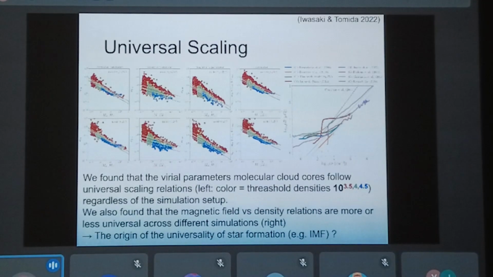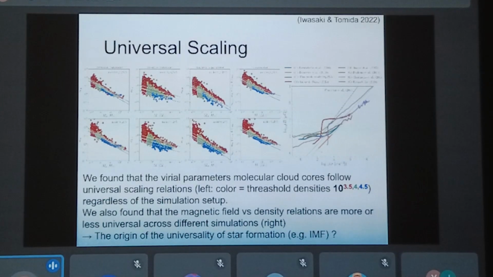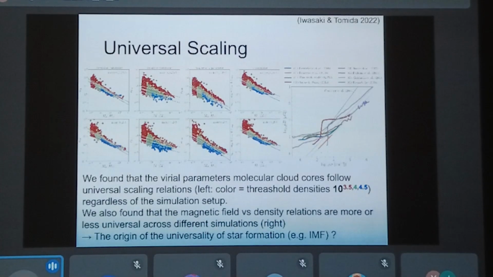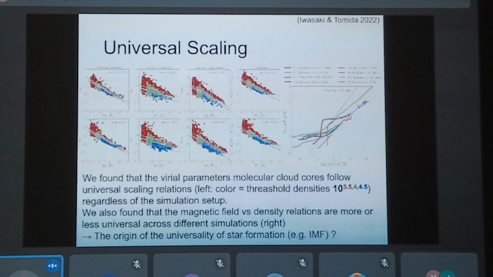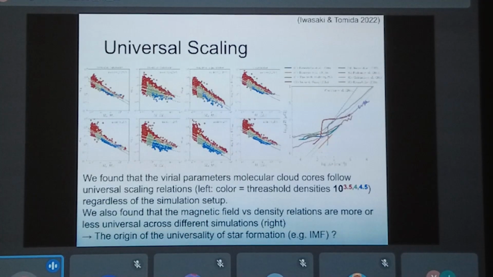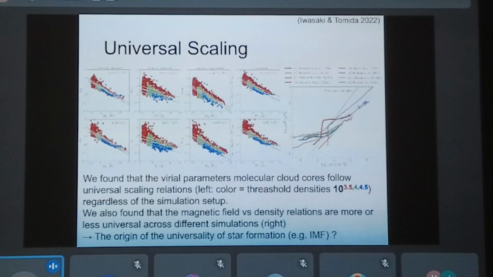We found that, at least in the high density region, they all converge to the same B versus n relation. This means that star-forming clouds follow a kind of universal scaling relation. This can be the origin of the universality of the star formation process, for example, the universality in the initial mass function.